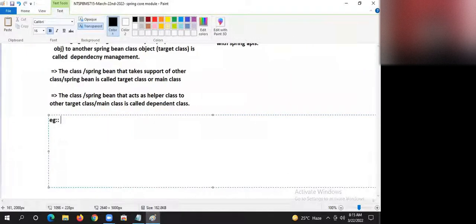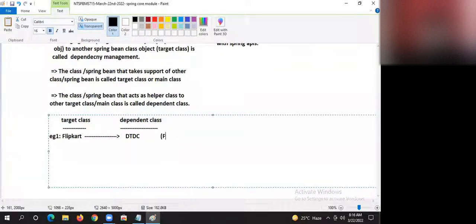Example 1: Flipkart, DTDC. Tell me, guys, who needs what?